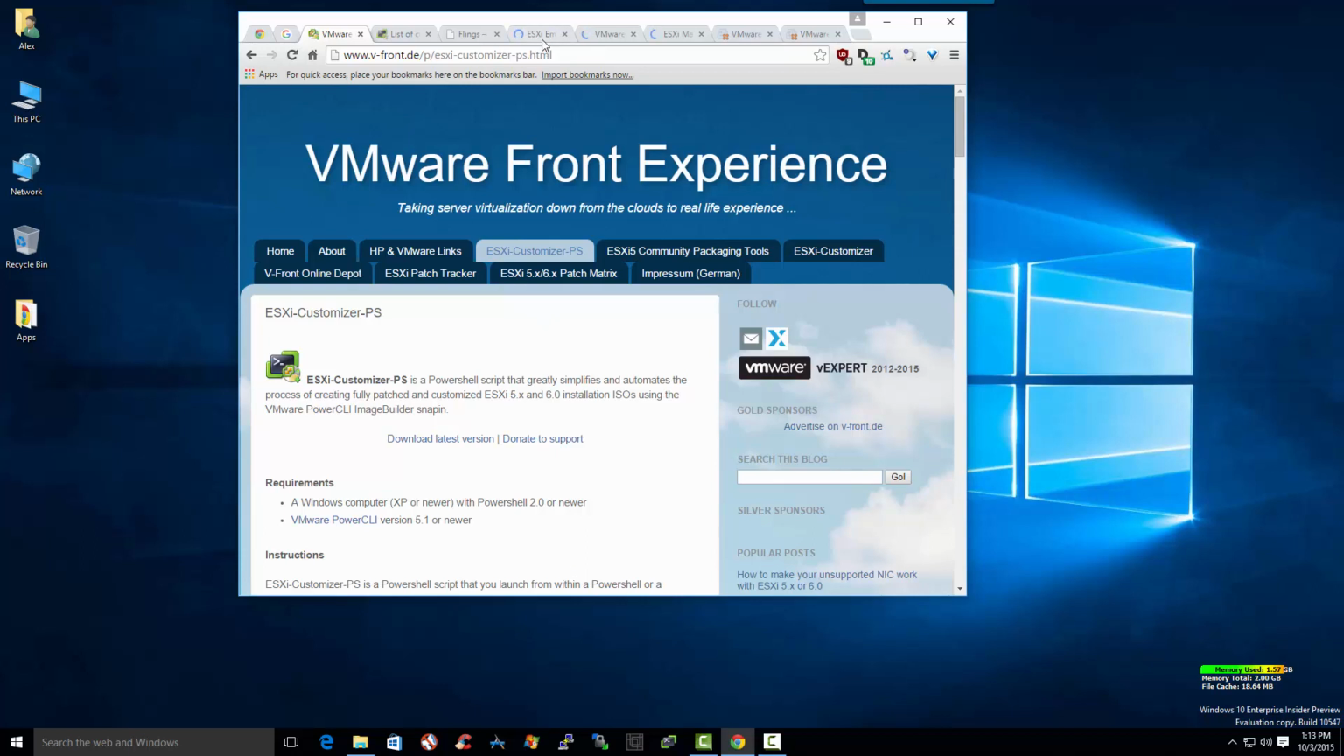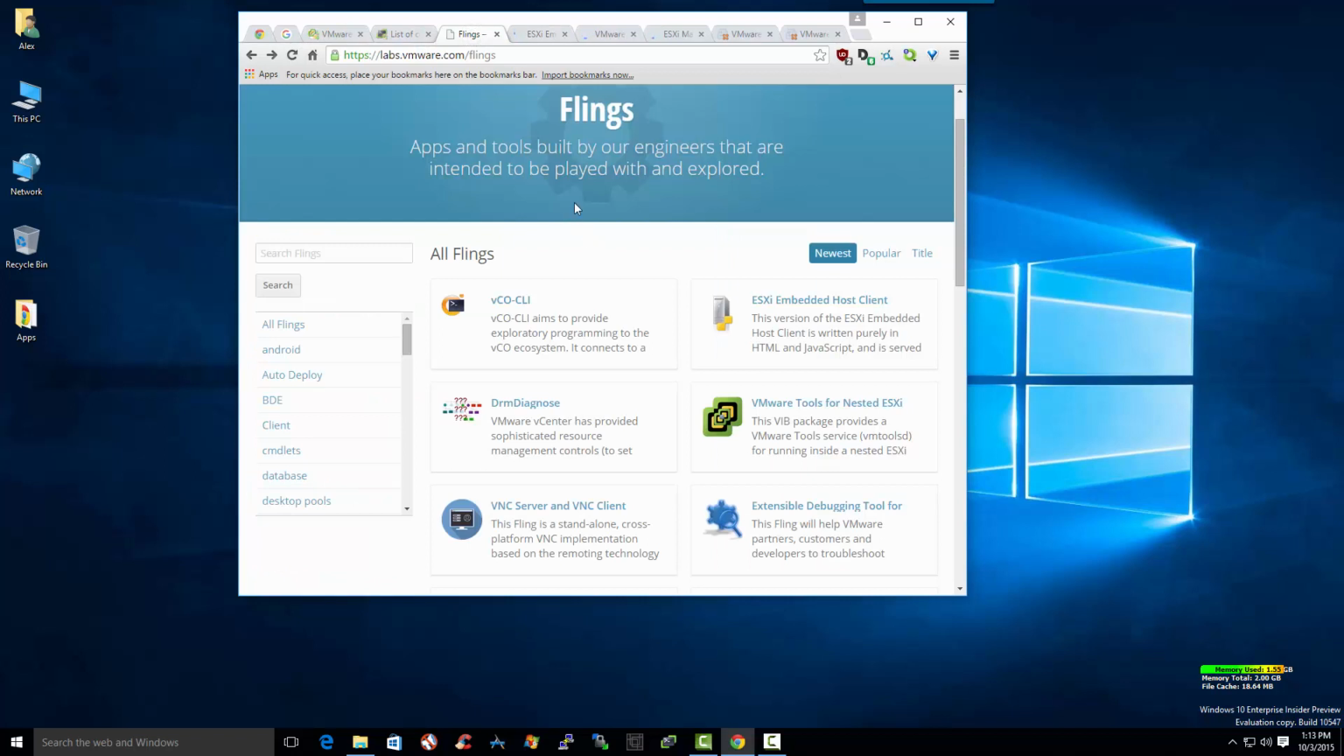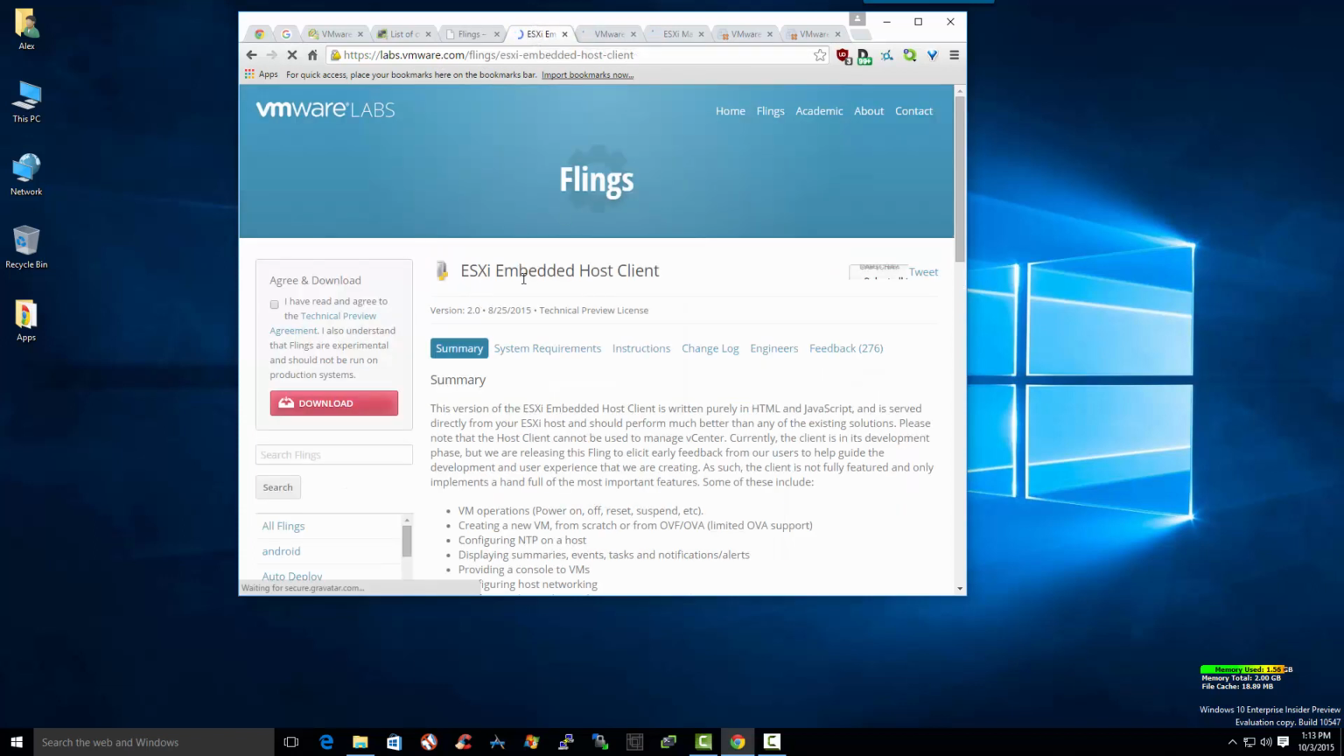Just to start off, some of the things that I want to install into my image are some customized flings that you can find over here from the labs.vmware.com/flings page. And some of them that I've opened up tabs for already are the ESXi embedded host client, which is a brand new fling that just was released back in August, which is basically a vSphere client, an HTML5 version of the vSphere client